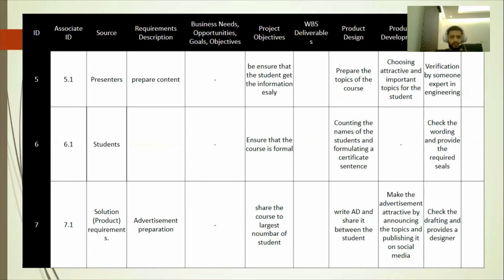Here the student will be the stakeholder or the source. The project objective will be to ensure that the course is formal. The requirement here is the certificates, but maybe something happened when we transferred